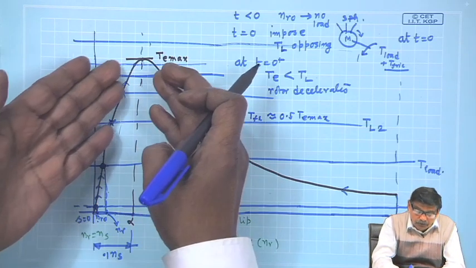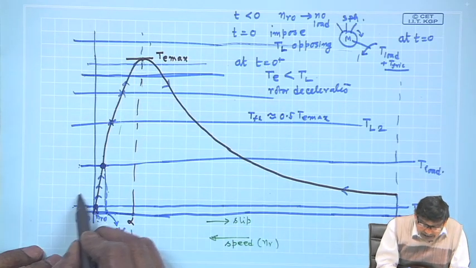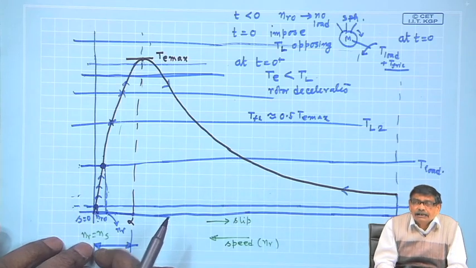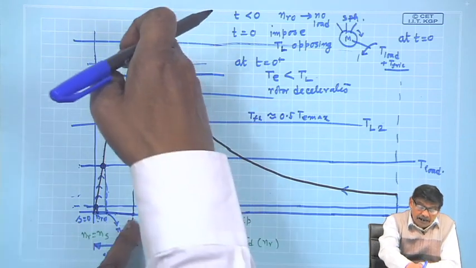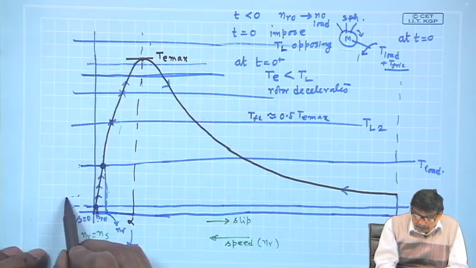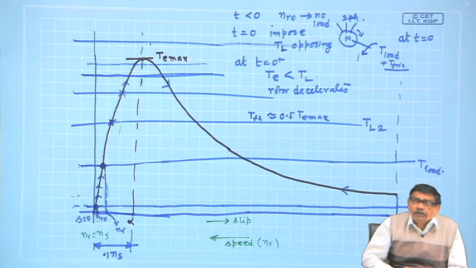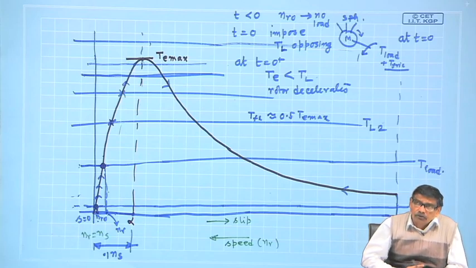Certainly, it cannot be close to T max, or there is no point in choosing a full load torque at this level close to synchronous speed. Then you are not utilizing the motor. The motor is capable of developing T max this much, and if somebody says my full load torque is here, the motor is not properly utilized. So, keeping all these things in mind, people suggest that you better design your motor full load torque